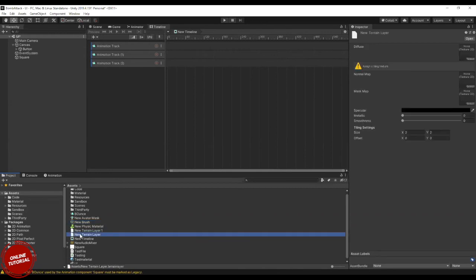Based on that, on this terrain layer you can add your brush type and also make its property settings: how smooth the texture will be, tiling sizes, offset, all these properties you can set, and import your terrain.